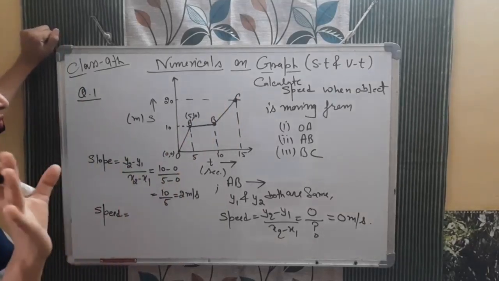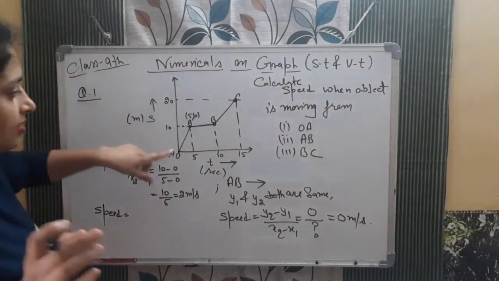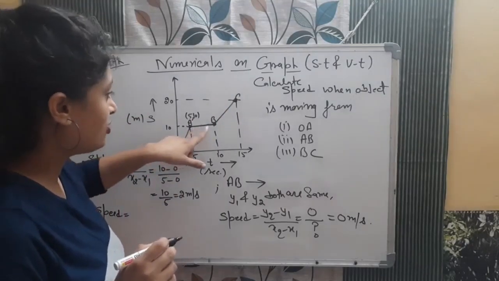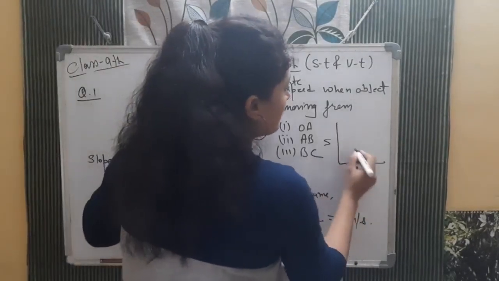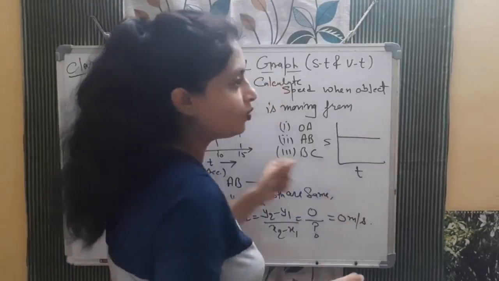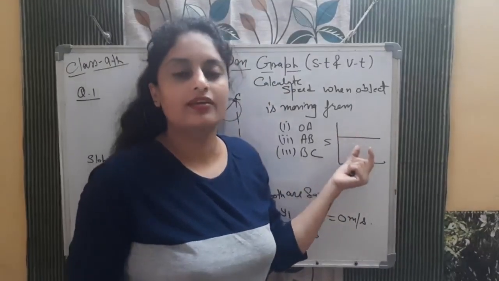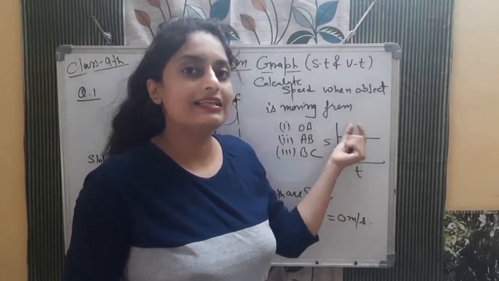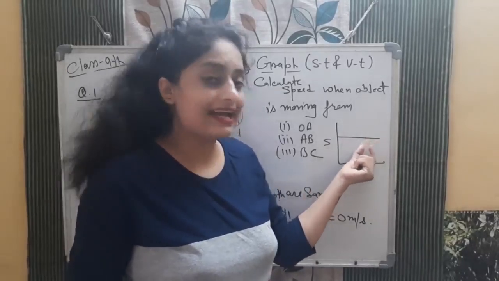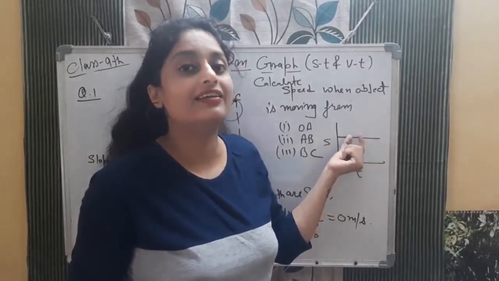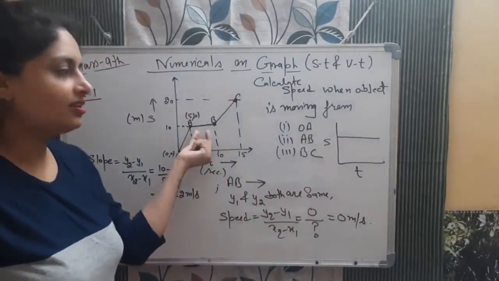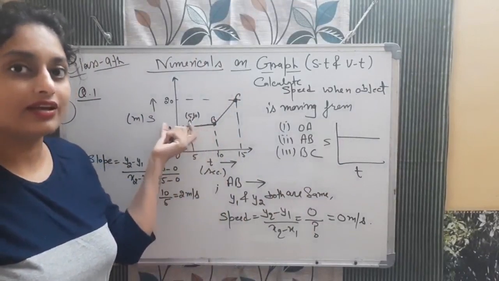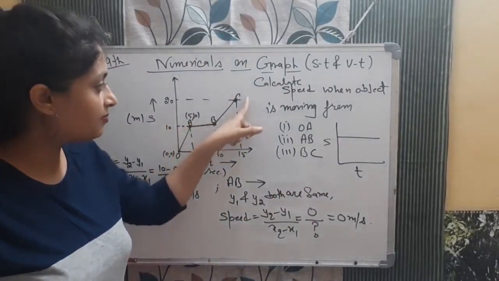Okay. One more thing I want to make you clear. See, when it is going from A to B, this graph is like this. When we see the distance time graph, and if it is like this, what we said is that body is moving with equal distance in equal interval of time. Is it that? No. When we say body is at rest, speed is 0. So this is the same case when the body is at rest. That is not moving.